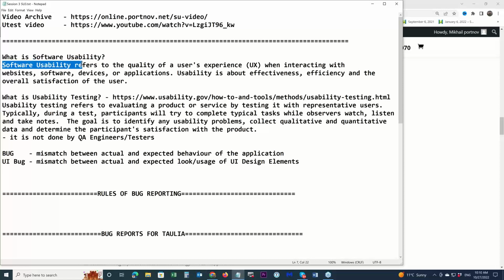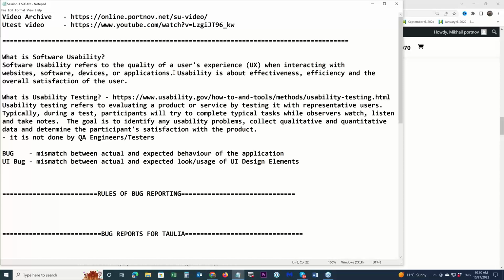So software usability is about the quality of user experience. UX is a typical common abbreviation for user experience. There is a profession called UX design, so user experience. So quality of user experience when interacting with websites, software, devices, or applications.